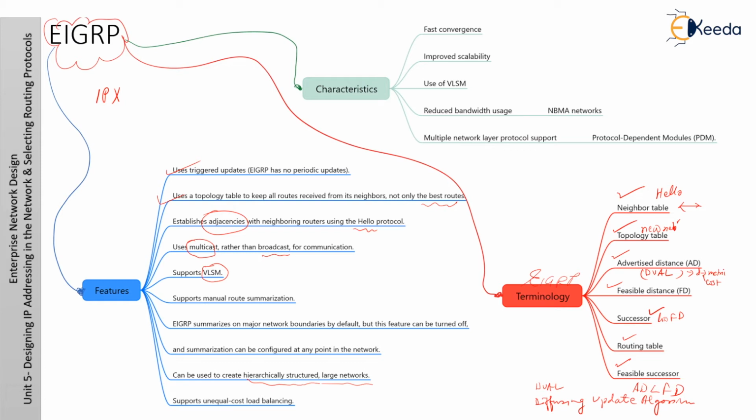Feasible successors are selected at the same time as successors but are kept only in the topology table. The topology table can maintain multiple feasible successors for a destination. If a route via a successor becomes invalid because of a topology change,